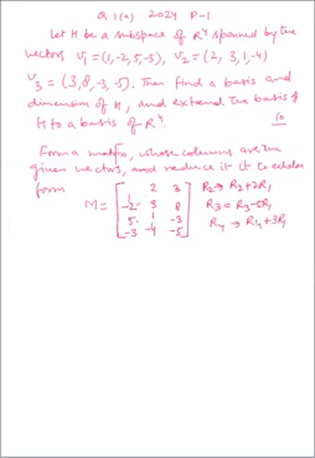So we get the matrix 1, 2, 3. It will be the same in the next when we multiply R1 by 2 and add into R2. So this is 0, 4 plus 3, 7 and 6 plus 8 is 14. Then 5 times and subtract. So 0 and 1 minus 10 is -9 and then we have -3 and -15, -18, 0, then -4 plus 6, so 2 and -5 plus 9, so 4.